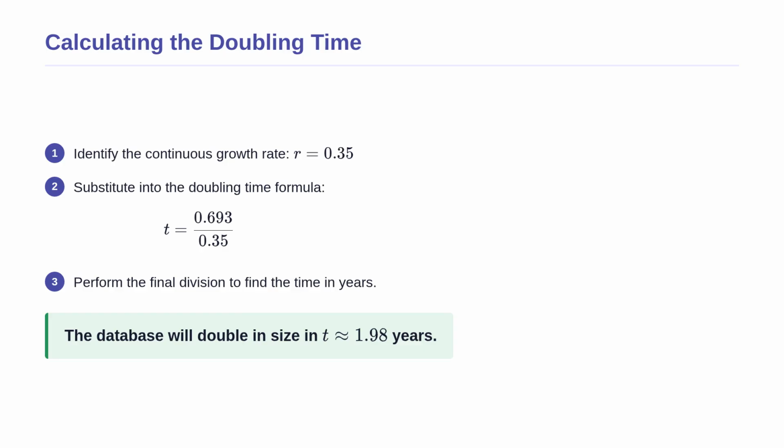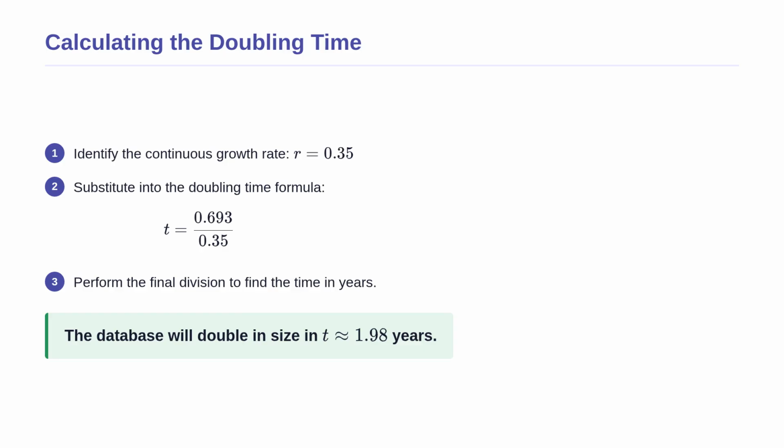We plug in 0.693 for the natural log of 2 and 0.35 for our decimal growth rate. Dividing these gives us approximately 1.98. Physically, this final answer means that at a 35% growth rate, the database will double its server storage requirements in just under 2